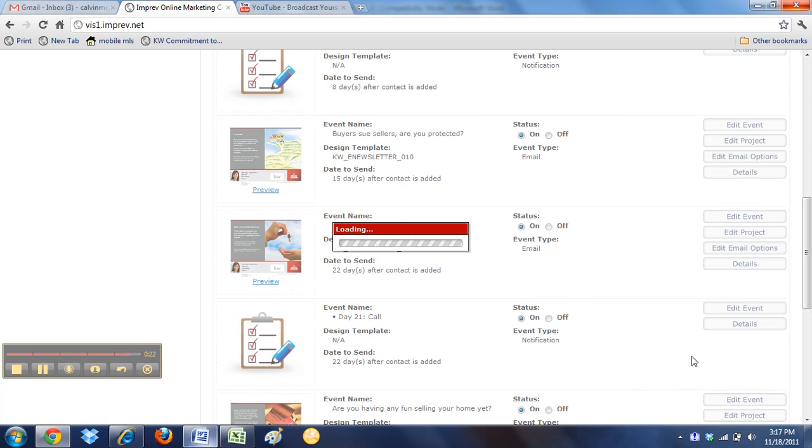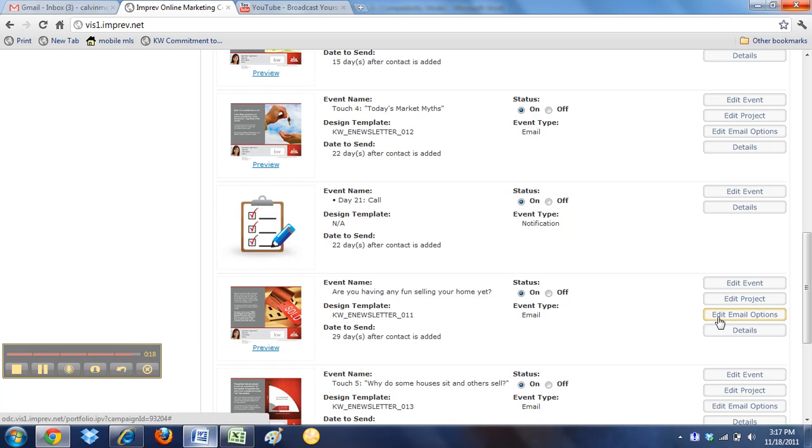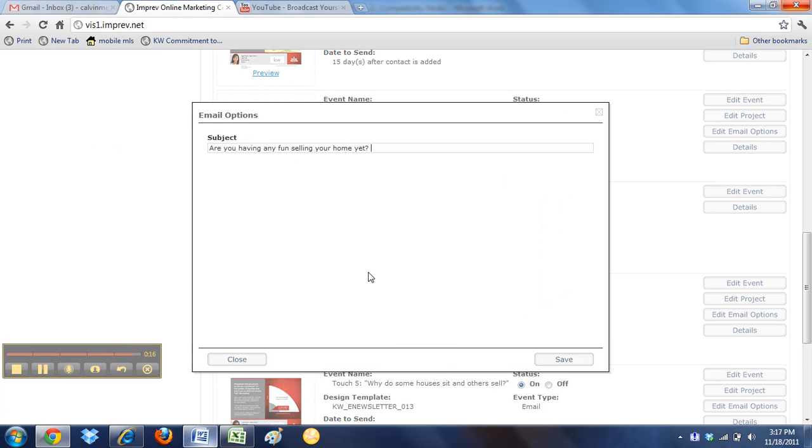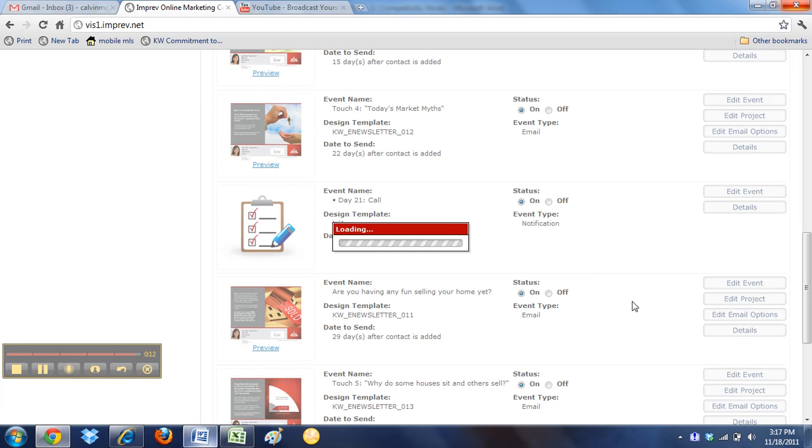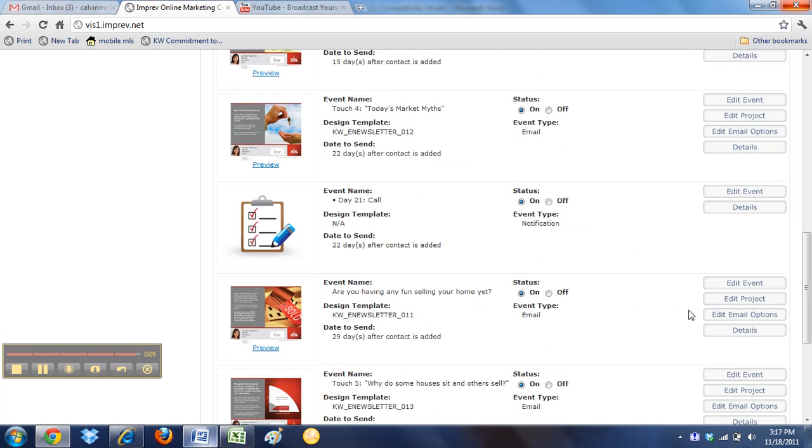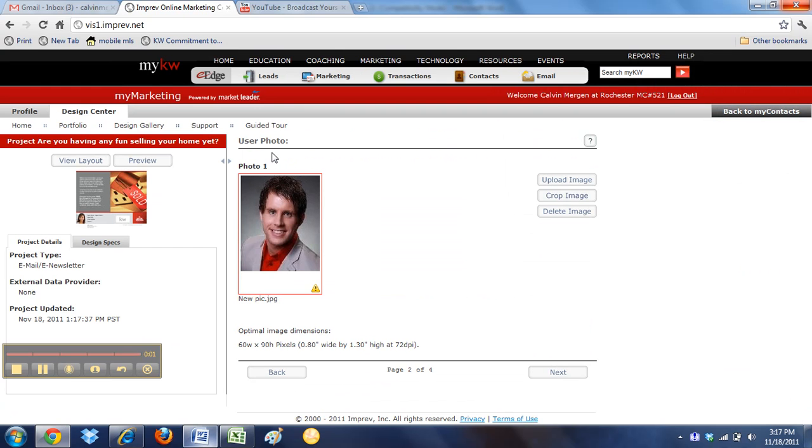One thing I'm going to quickly do that just seems like it probably will be easier is if I edit the email option right now, because I've already got that copied in my clipboard, and I'm just going to put that in the subject. Alright, so now we're going to edit the project, which is going to be the content of that file. Again, this is just a one-time setup, so don't think, oh, this is too much work, because all you're